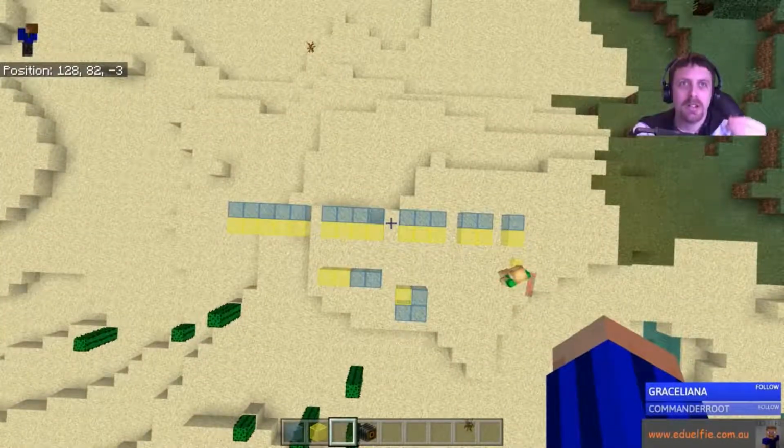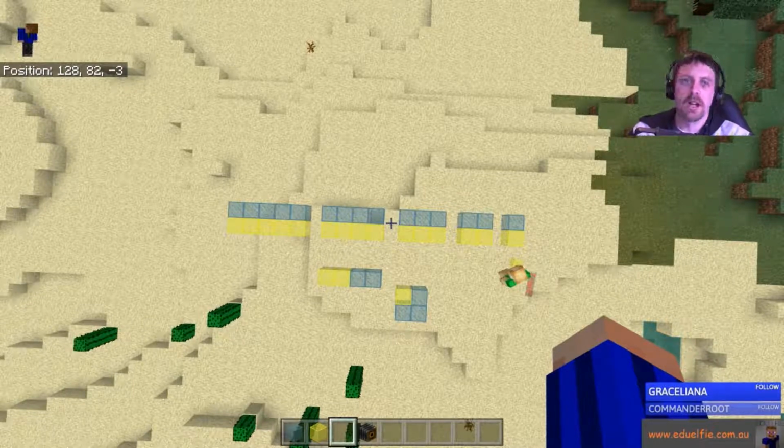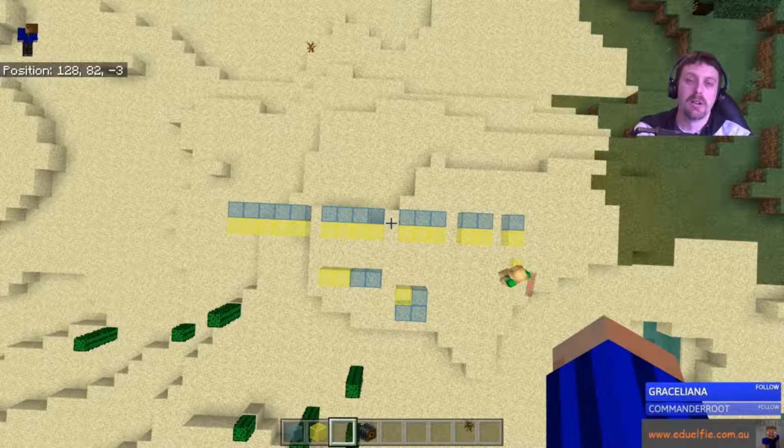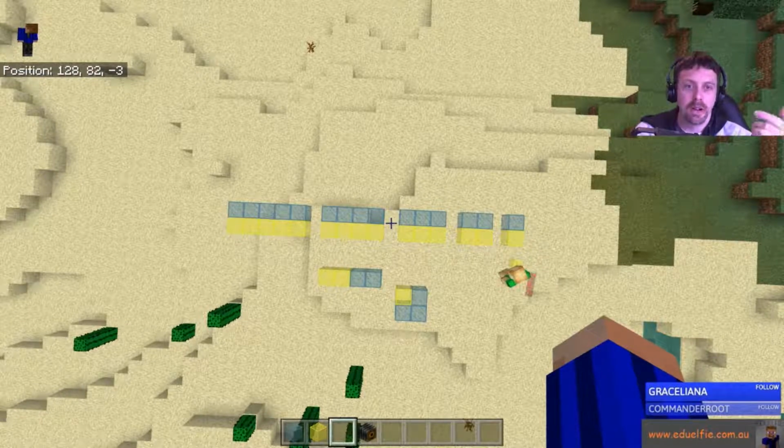So is this a way where kids could go, okay, if I make half of all of these blue blocks yellow, and then they sit there and go, well, 1 out of 2, 2 out of 4, 3 out of 6, 4 out of 8, 5 out of 10.